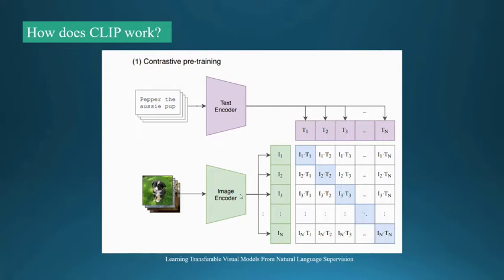And the other model they had was ViT, but with minor modifications, for example adding a normalization layer, and also using a different initialization scheme in the ViT model as the image